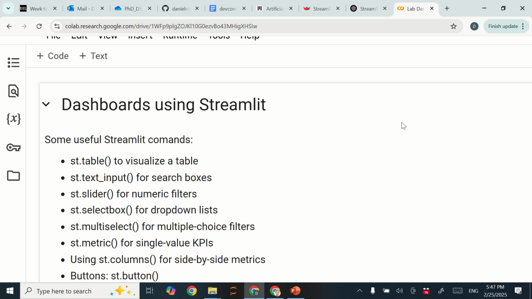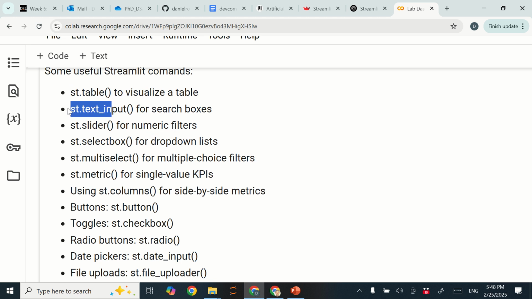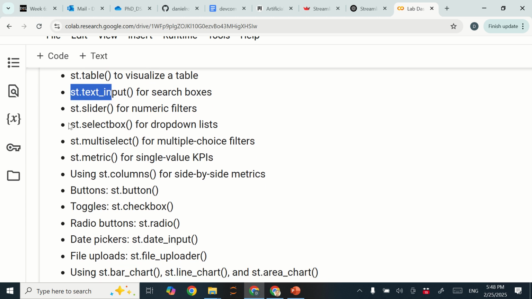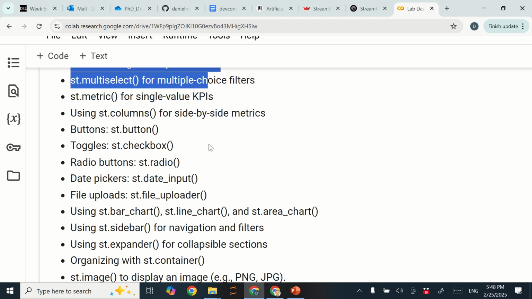Hi, this is our second lab, creating dashboards using Streamlit. Today we're going to cover some useful commands in Streamlit. For example, if you want to visualize a table in your dashboard, or if you want to input some text. Also, there are some options to filter your data with select box, multi-select, or sometimes in the dashboards, you